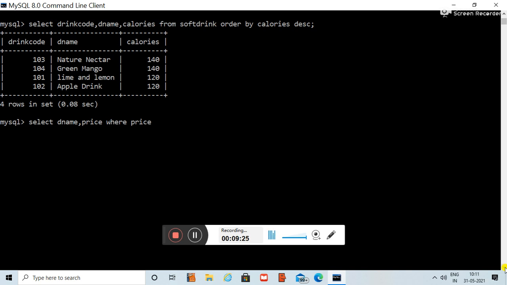The range has been used over there. If the range has been used, you have to use the between. And between 12 and 18. Price between 12 and 18 means it will display the drinks name and the price whose price are in the range of 12 to 18.